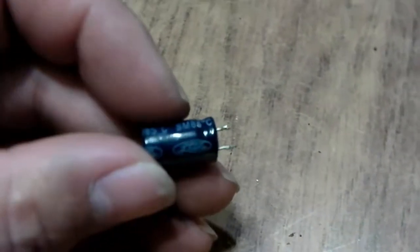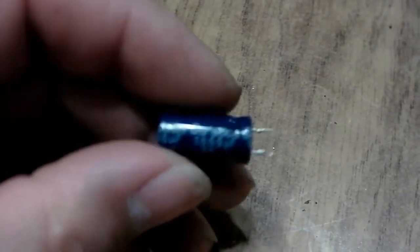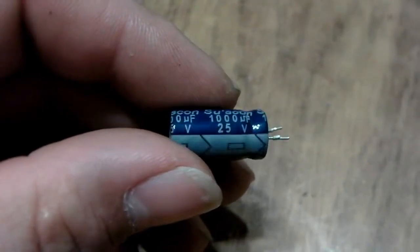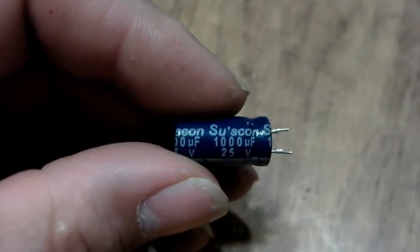These are LTC caps. These again are not known to be very good caps at all, but they'll last for what I'm doing. Suscon, I've been seeing Suscon in a lot of power supplies lately. So I don't know if they've upped their standards and are making them a little bit better now or what, but I've seen a lot of them in power supplies. But anyway,